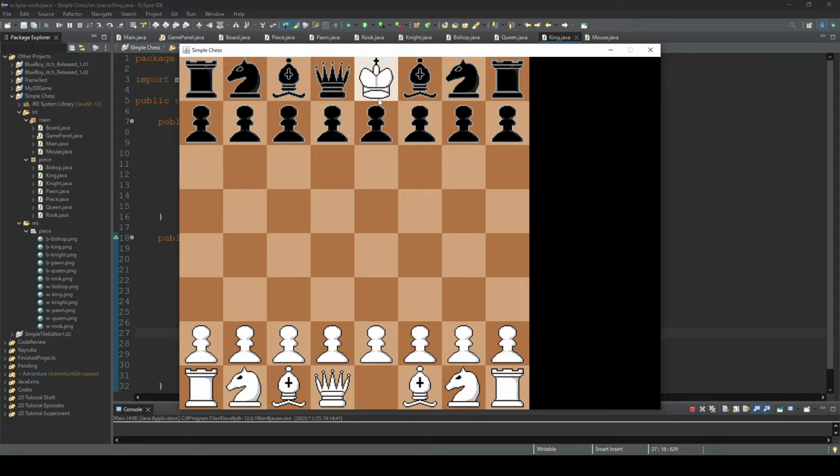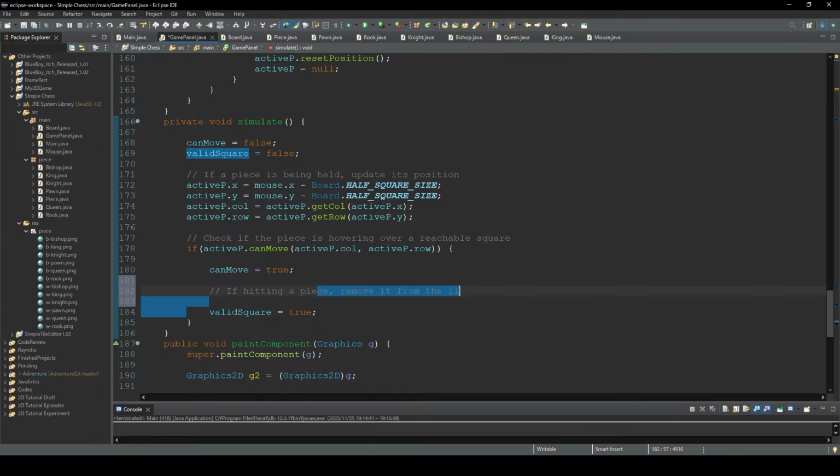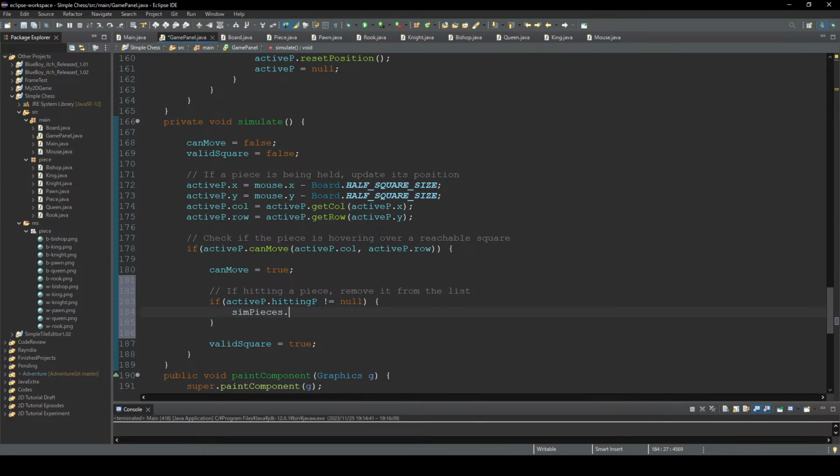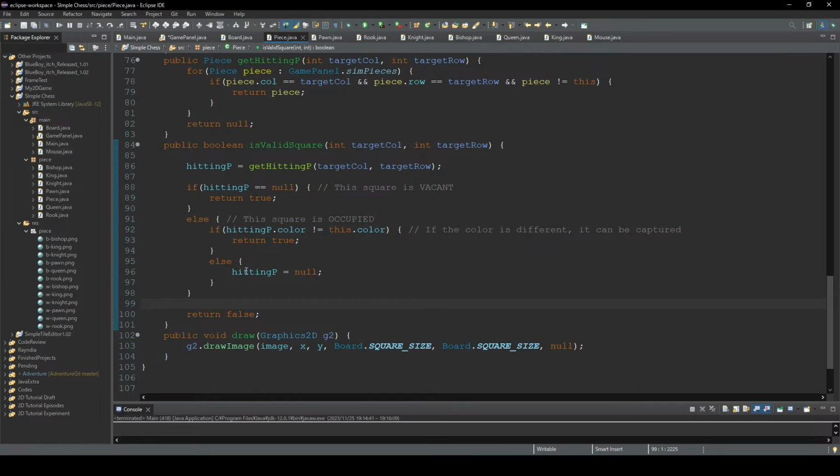Okay, then let's remove these captured pieces. So we type like this. Okay, right. So if the hitting P is not null, we remove it from the list. And to remove it, we need its index. So let's find it out. And we can do it here, but I think creating a method will be more handy. So again, in this piece class,